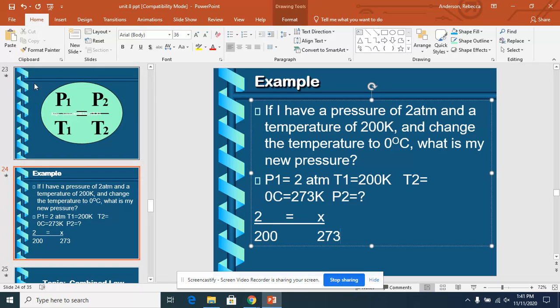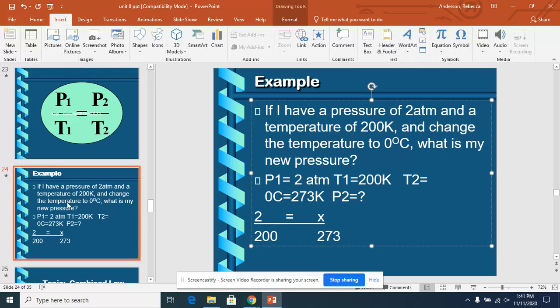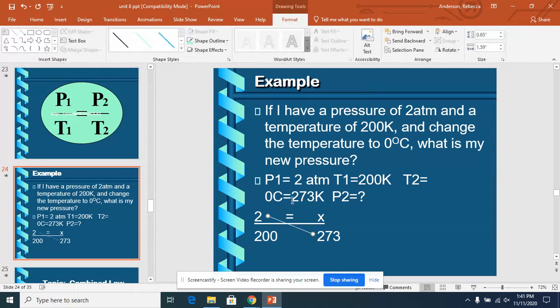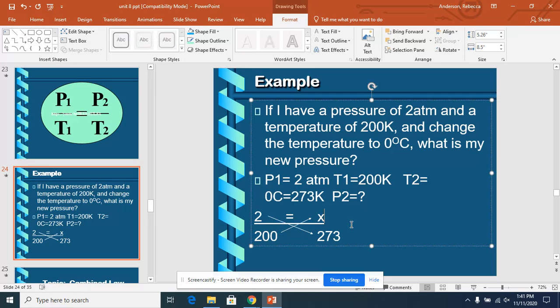So remember, just like with Charles' law, we cross multiplied. It makes our math just a little bit easier. So you will do 2 times 273 equals 200 times X. So if we do that, we get 200X equals